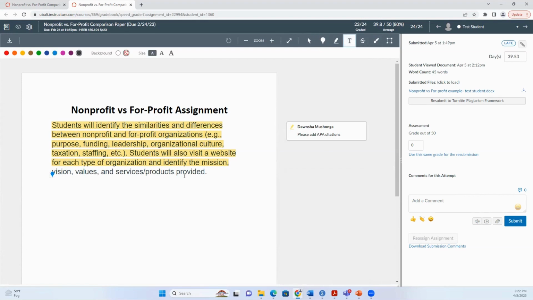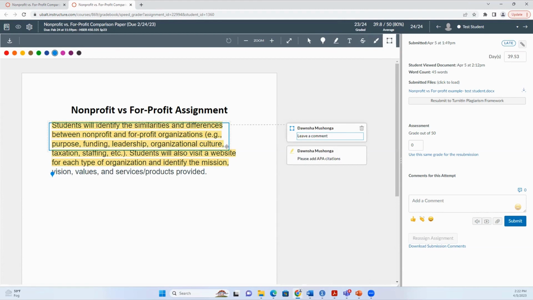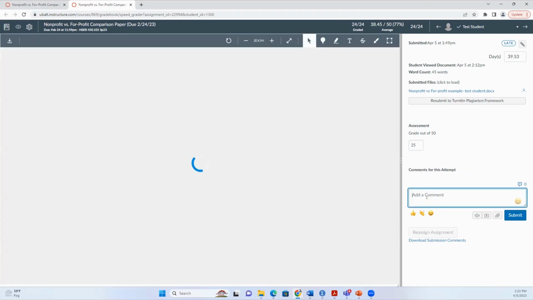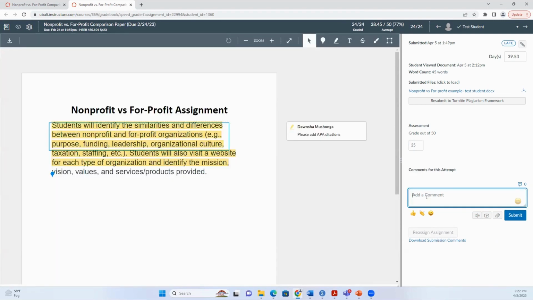There's also a text box where you can actually type other things in. And then this allows you to select a certain amount of material on the page and comment specifically about that. Now for the grading, you have the option of giving students an actual grade, or you do not have to. It's not a requirement. But in regards to leaving a comment in regards to the overall assignment,